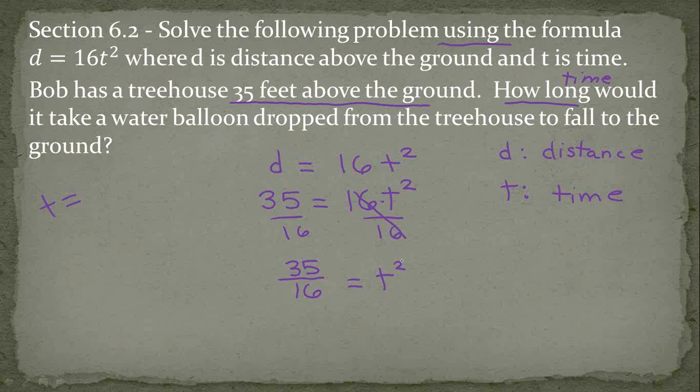The last step to get rid of a square, the opposite of a square is a square root. That's why it's in the square root section, and it's right after the other square root problem. Squares and square roots cancel. And I'm going to need to put this into the calculator to see what the answer is. So type in the square root of 35 divided by 16, and I get